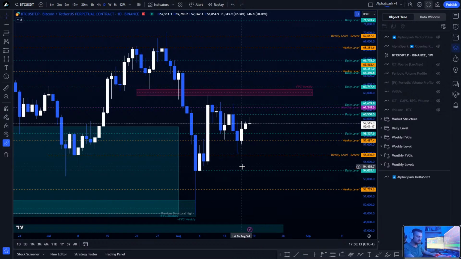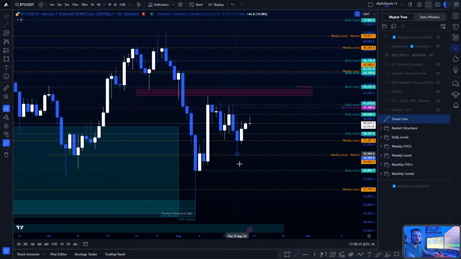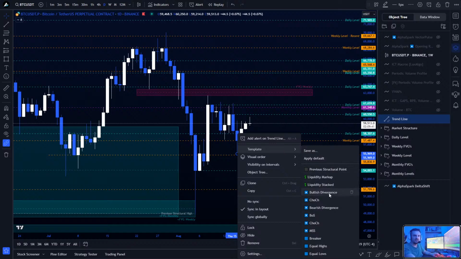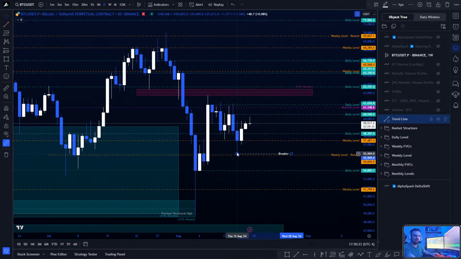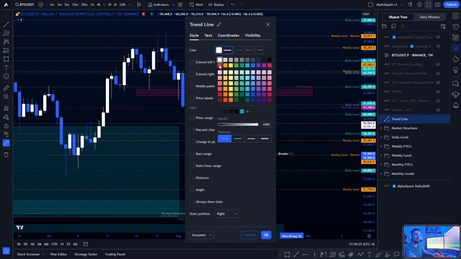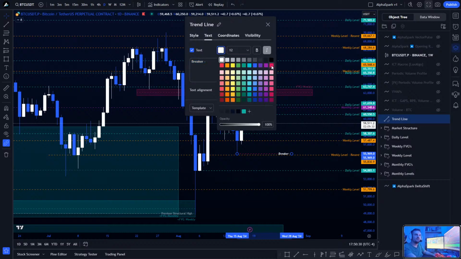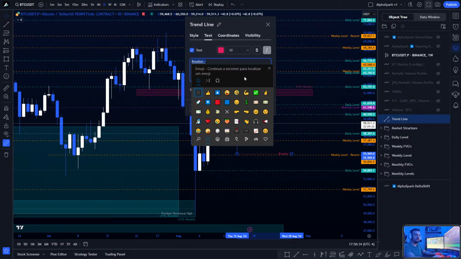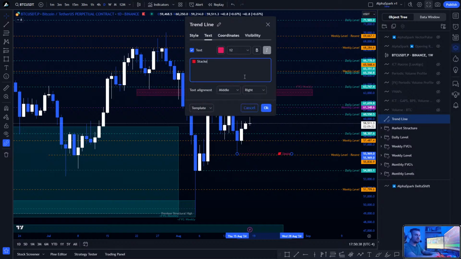Actually, I'm gonna use a trend line, because this is typically a very temporary thing. So this is going to be a red one. Let's use that color instead. And I'm gonna mark this out with a red, stacked. Actually, I'm just gonna abbreviate it, stacked imbalance, SI,